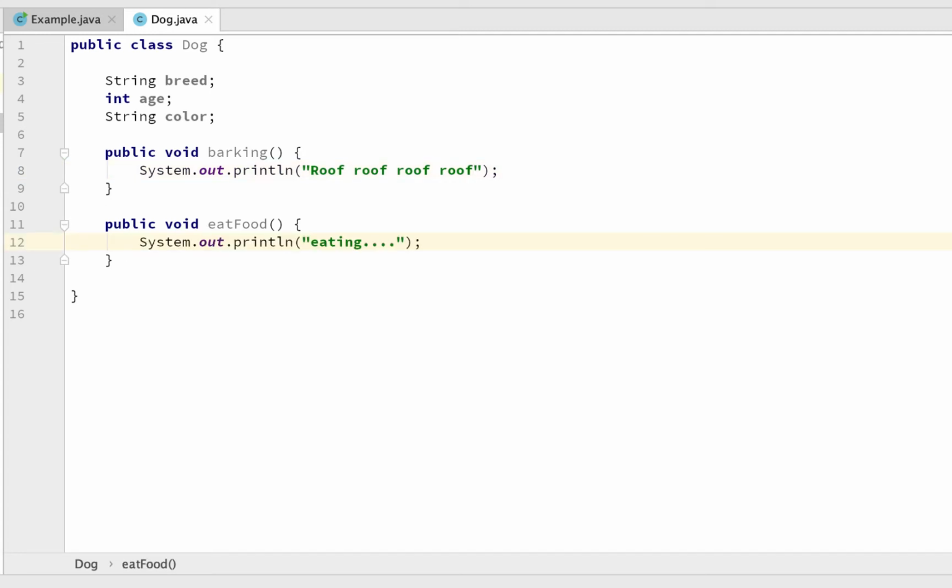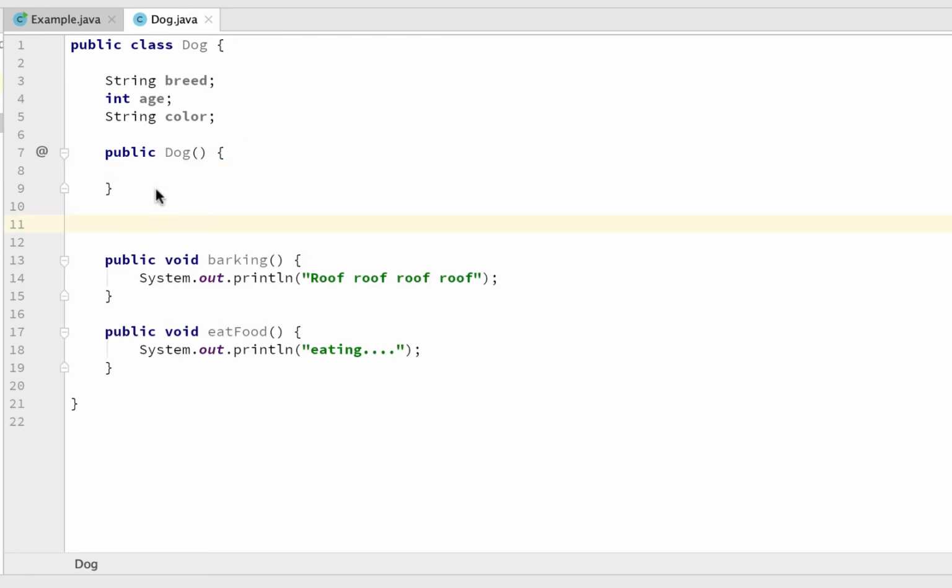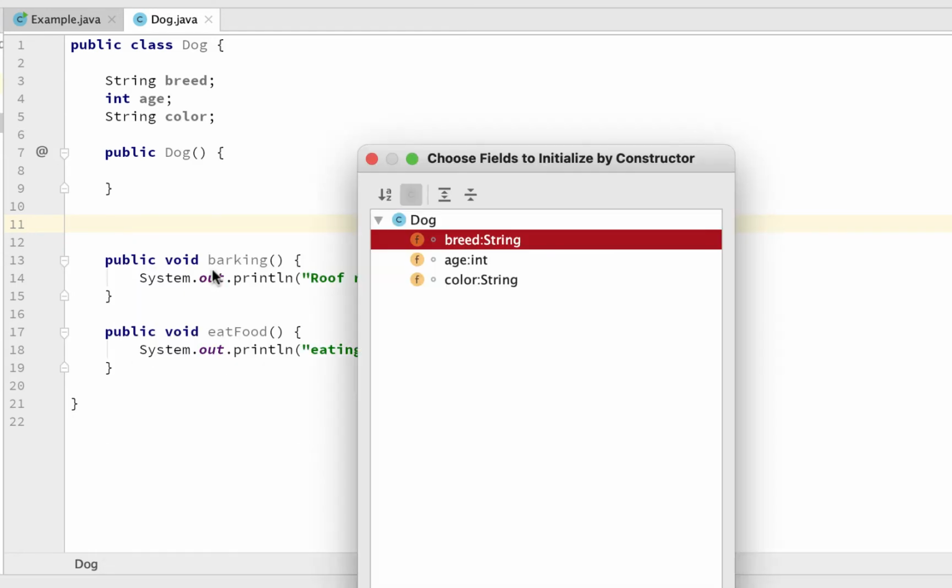So now let's go ahead and create a constructor. So whenever we create a new instance of a class like we've done previously using the new keyword, it's actually using a default constructor. By default, you do not have to declare a default constructor, but you can if you'd like. So a default constructor for this class would look like, boom, that simple. In IntelliJ, we actually have a little shortcut for this. We can right click and go to generate, select constructor, and select all the variables that you'd like and click